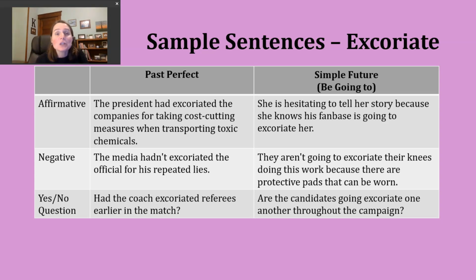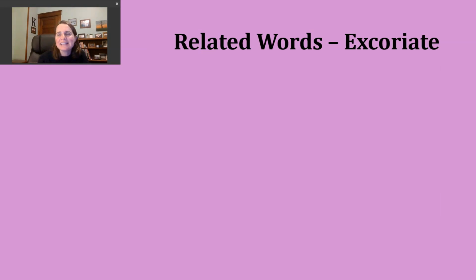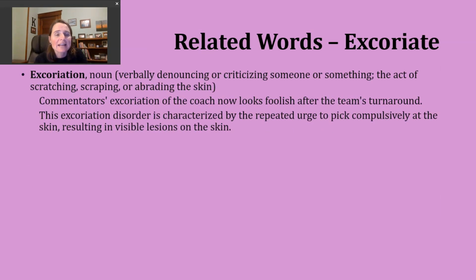Now, let's spend a moment looking at some words that are related to our verb excoriate. What we'll start with here is the noun excoriation. This is the verbal denouncing or criticizing of someone or something. An example of this in a sentence might be, commentators' excoriation of the coach now looks foolish after the team's turnaround. So you can maybe imagine if you happen to be a sports fan and follow commentators or kind of